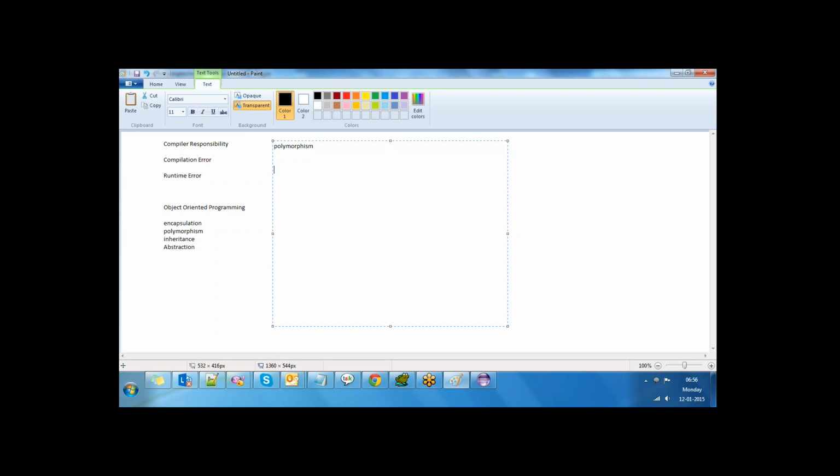Polymorphism is of two types: one is static, one is dynamic.